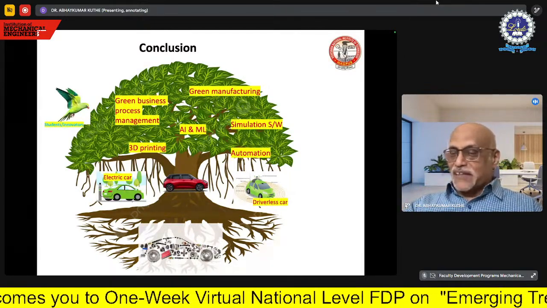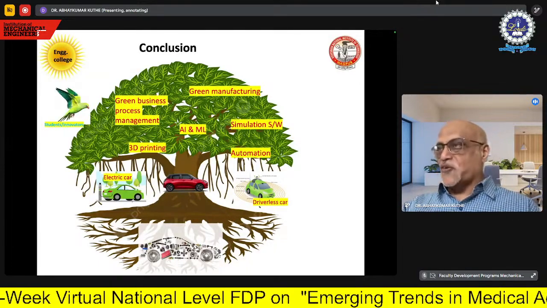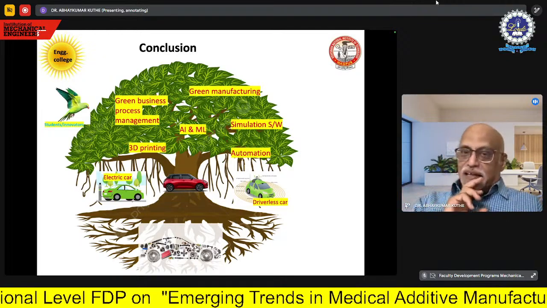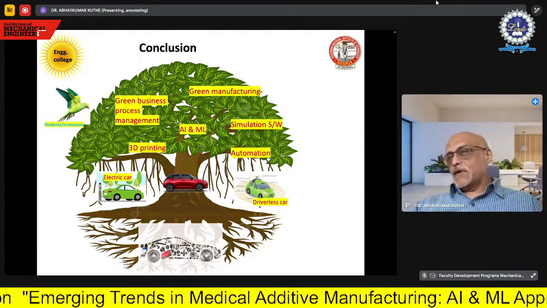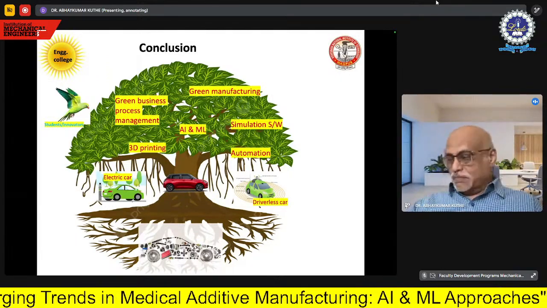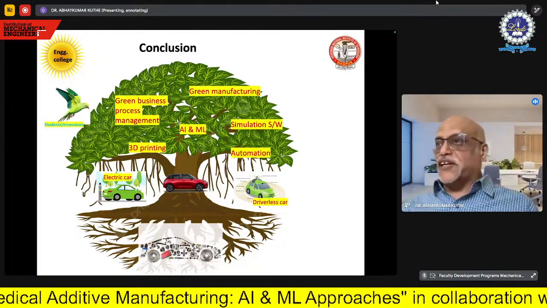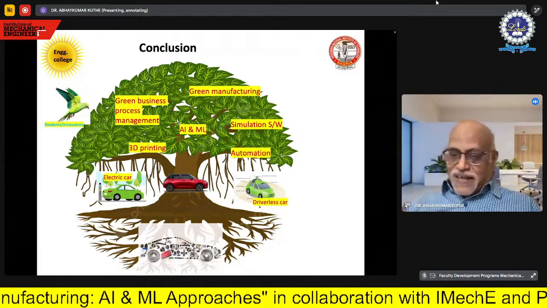And remember, one thing we have forgotten here to show, these are the engineering colleges. That means every engineering college has to contribute to the ecosystem in this manner. Then only this thing will be possible, and you will find that the purpose of Atmanirbhar Bharat, Viksit Bharat of 2047, as indicated by the Prime Minister, will be possible.